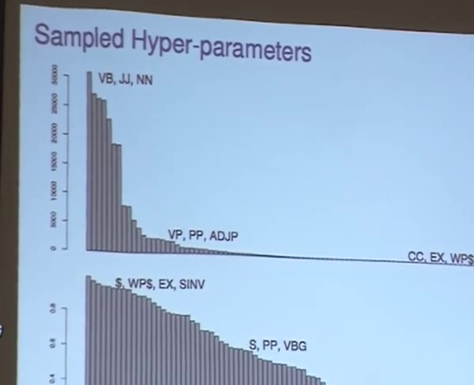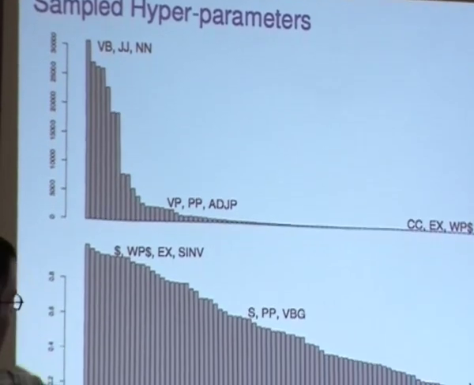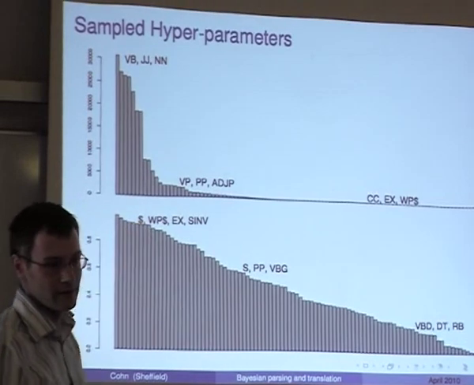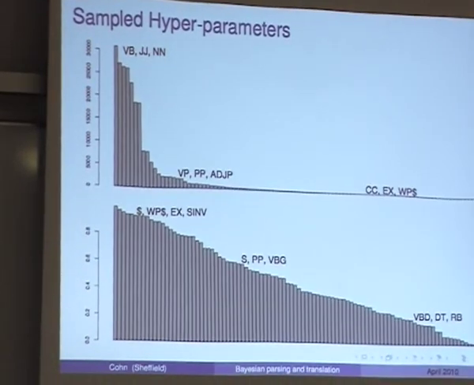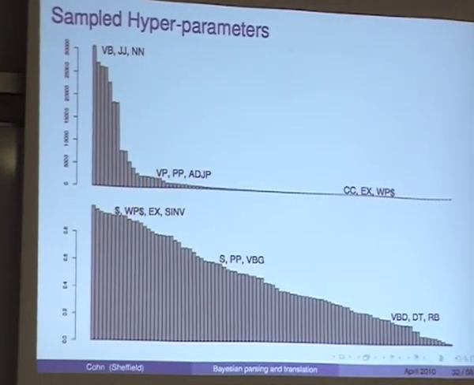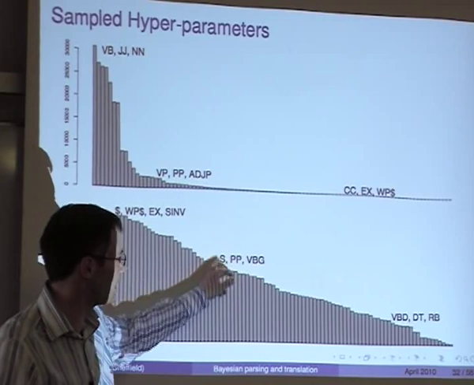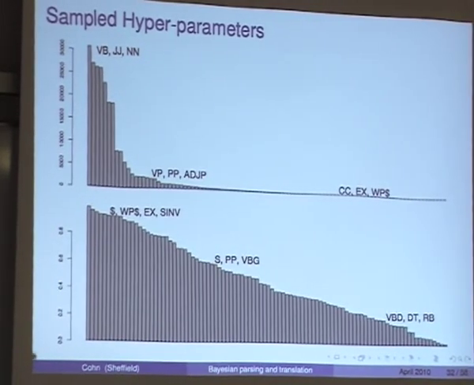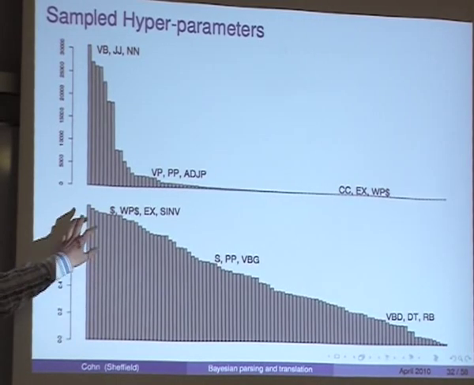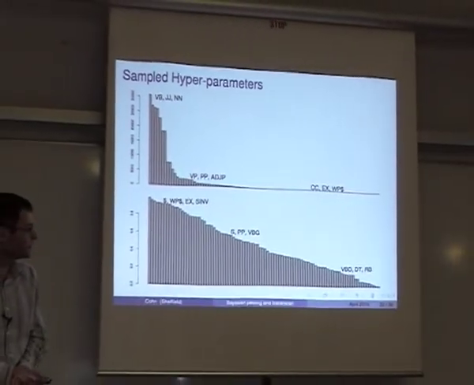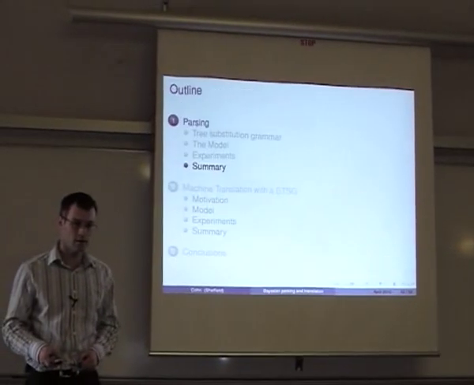Now, when we look at their generalization score, we see a similar effect, that some things should be generalized all the time. In fact, some things that have really consistent, simple rewrites can either be rewritten all the time or none of the time. It doesn't really matter to the model. And then the things in the middle can form the start of the rule or the frontier of the rule with roughly equal probability. But I think there's some interesting linguistic information potentially in looking at these values that the model has inferred, which we're yet to look at in detail.